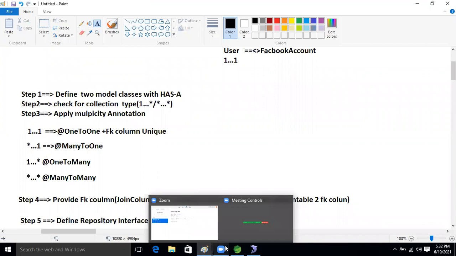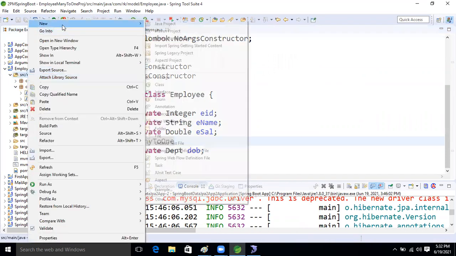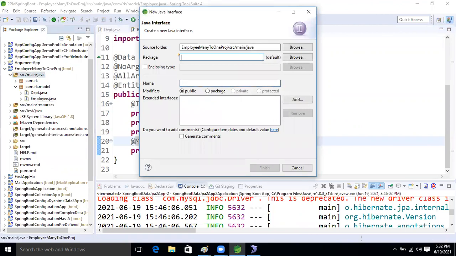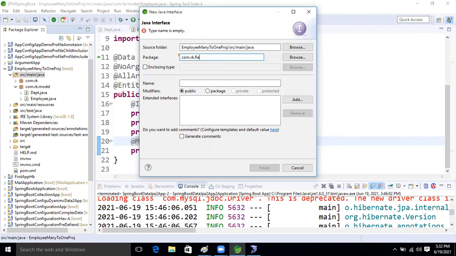Okay, good. So now let's create the repository. Right click, interface. First we will take what? Department repo, DeptRepository, com.rk.repo.